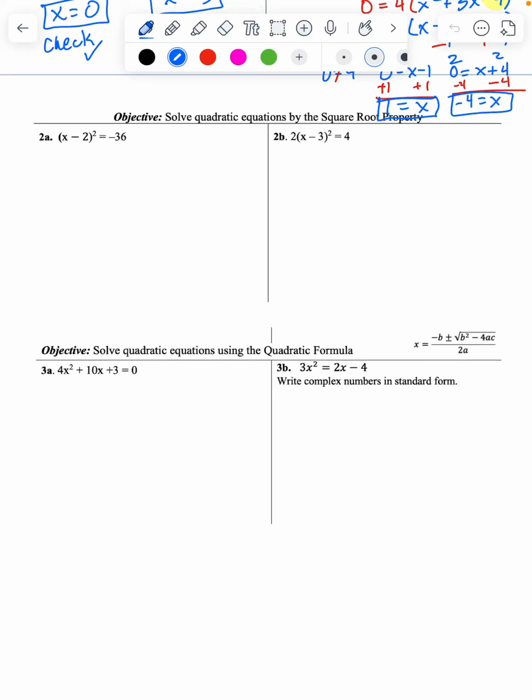For this video, we'll continue the notes for 0.3. This next section is solving quadratic equations by the square root property. So the steps here